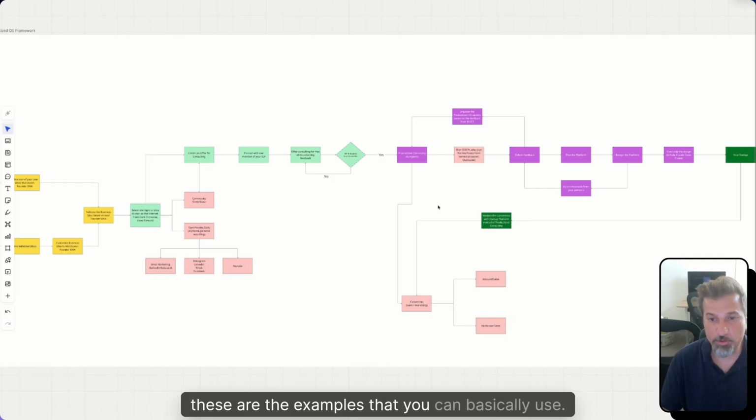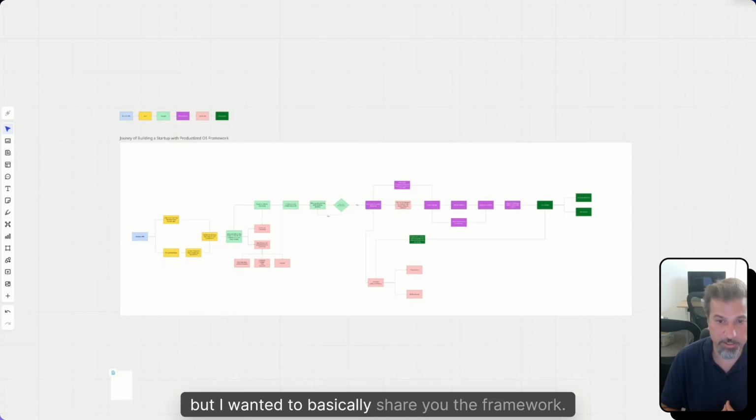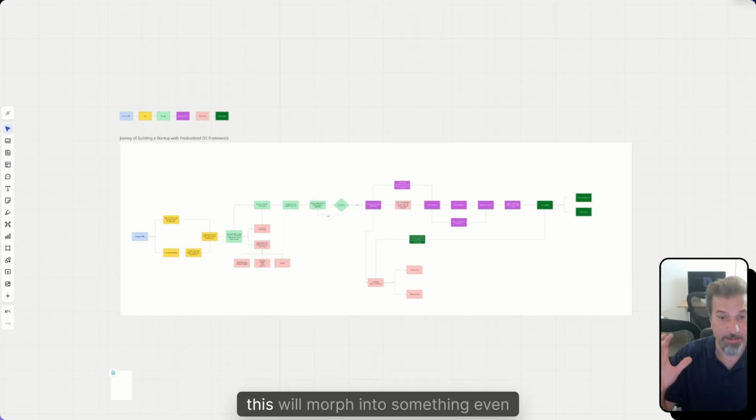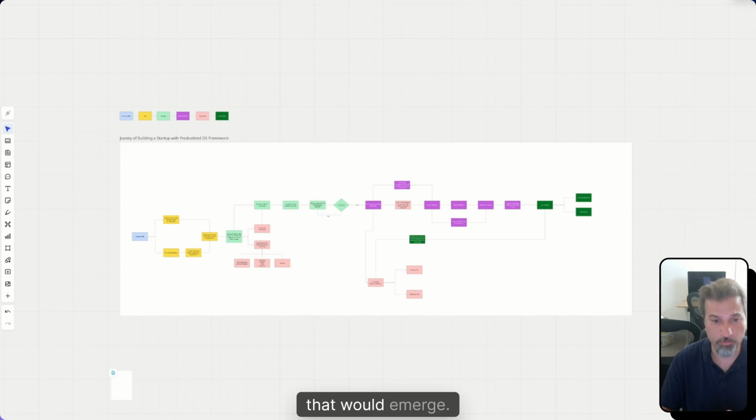These are examples that you can basically use. I don't want to make this unnecessarily long, but I wanted to share the framework with you. And again, this will morph into something even more streamlined or more complicated depending on the businesses and the technologies that emerge. And I can't wait to share that with you.